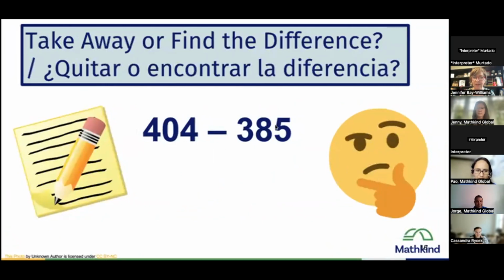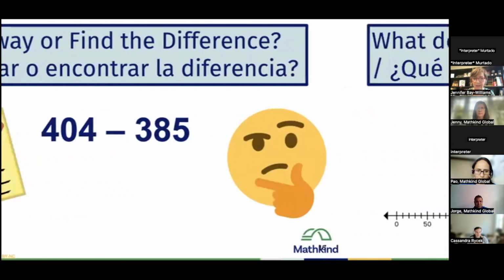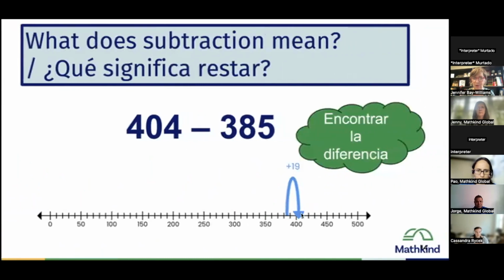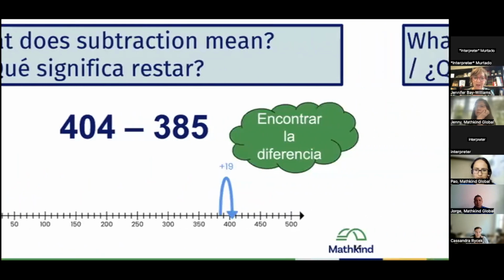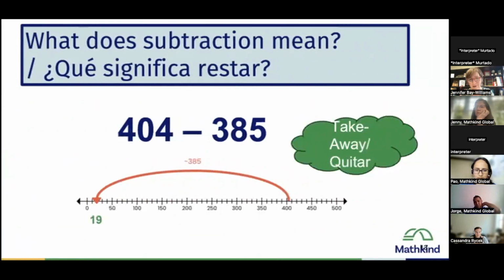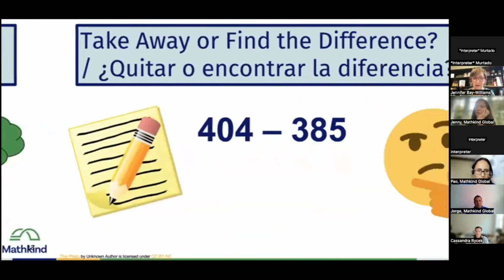But then when we go to think about this problem, we want students to notice that these numbers are 19 apart. They're so close together. It's easier to find the difference than to take away 385. So what we're asking students to do is